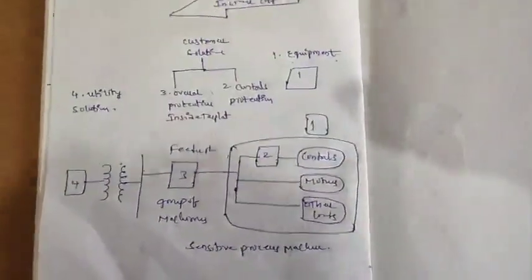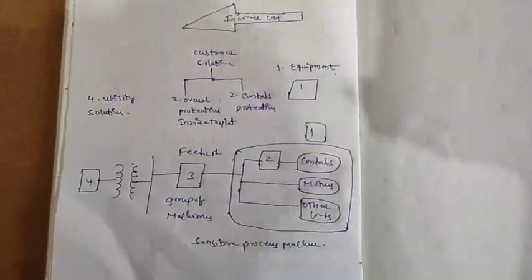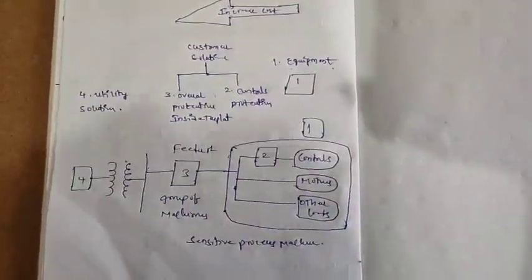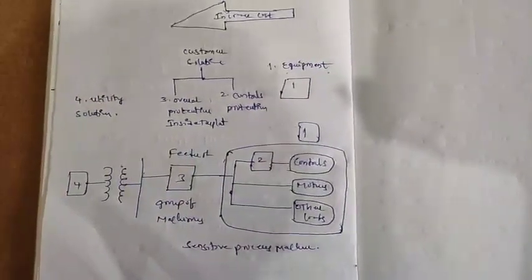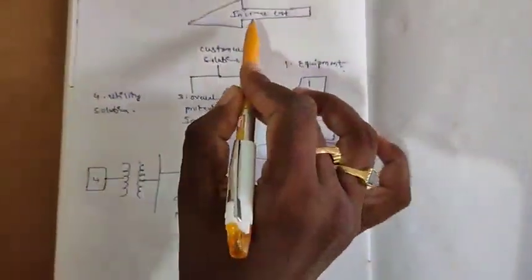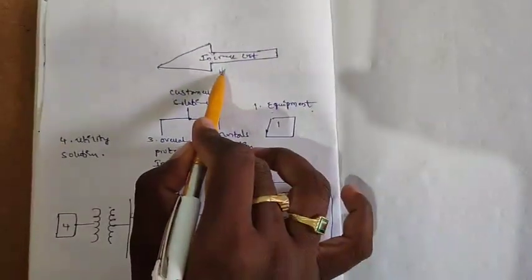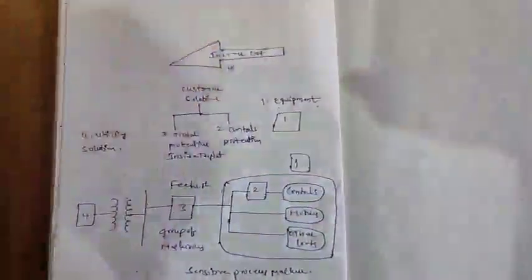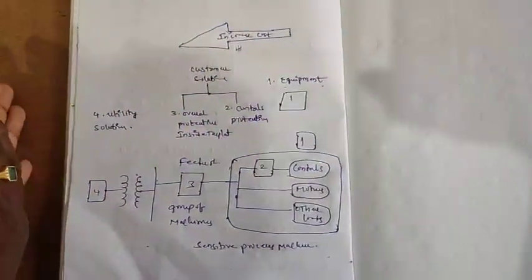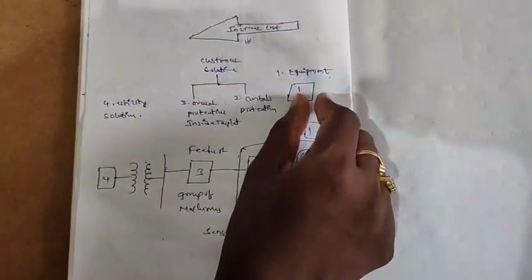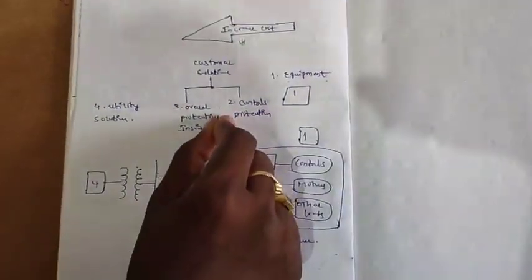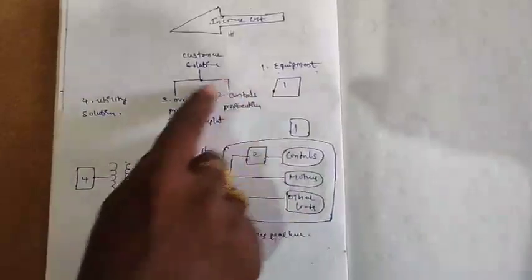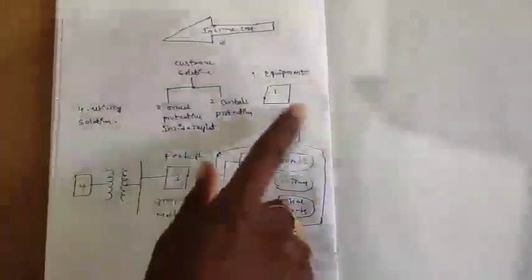And can choose the solution at the utility side. We can choose the solution at the utility side. So this is the control process. That means I am indicating this arrow. The arrow means that one, the arrow is at that one. So here the arrow indicates increasing cost; the arrow direction is from equipment to utility system. Suppose the solution is at the equipment, that is the least cost. If you go for the customer solution, that is the control protection, somewhat cost increases compared to